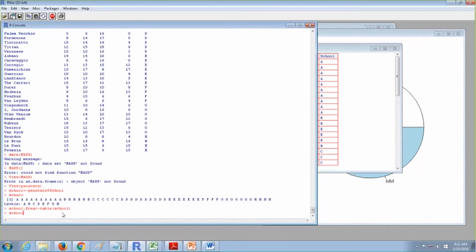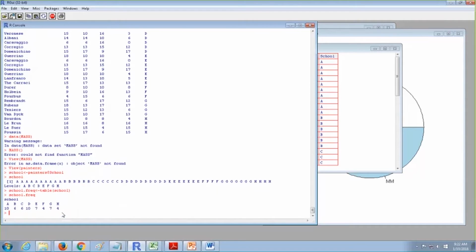If I check school.frequency, now we can see the frequency of A, B, C, D, E, and F. Now I can create a bar plot representing this frequency, or even a pie chart.